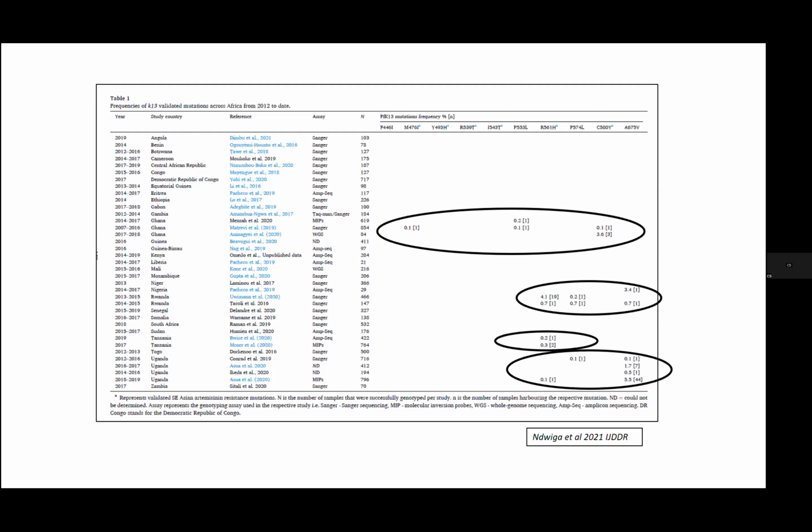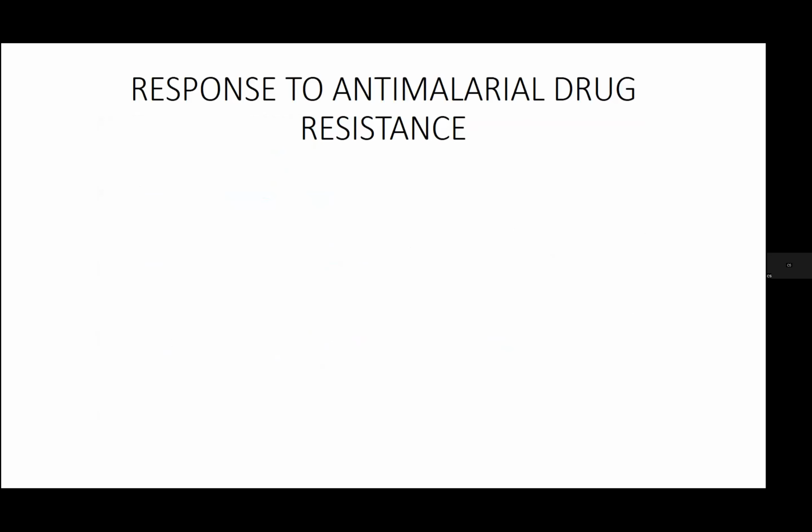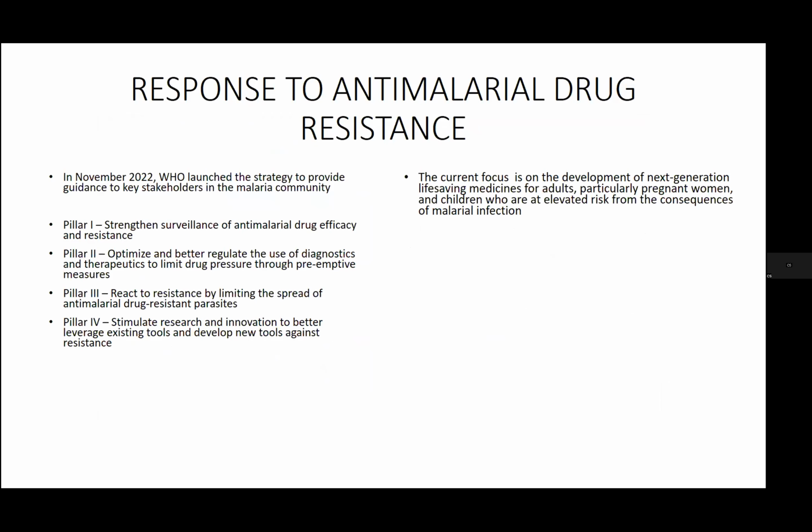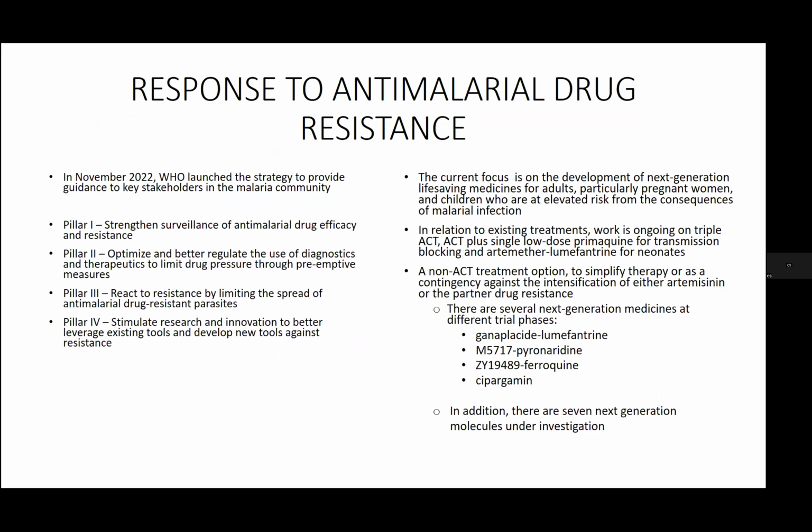So we're beginning to see the past repeat itself with this. And just to importantly emphasize, these were de novo emergence of ART resistance markers in Africa. And it is a concern because obviously as it emerges, millions of lives are potentially at risk. So I'm just quickly going to highlight in this slide that response to anti-malarial drug resistance has taken on multiple different forms, but there are several next generation medicines in different trial phases, but there is no effective alternative to artemisinin to date. And one of the strategies is looking at working on triple ACT to try and counter artemisinin